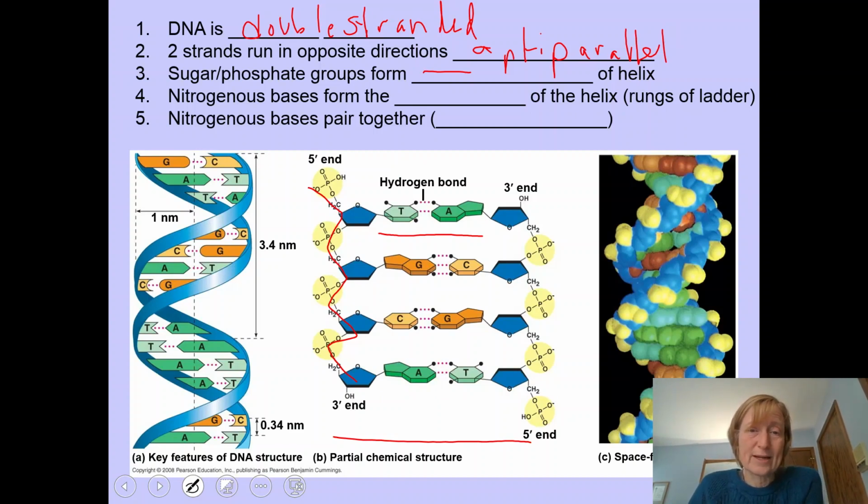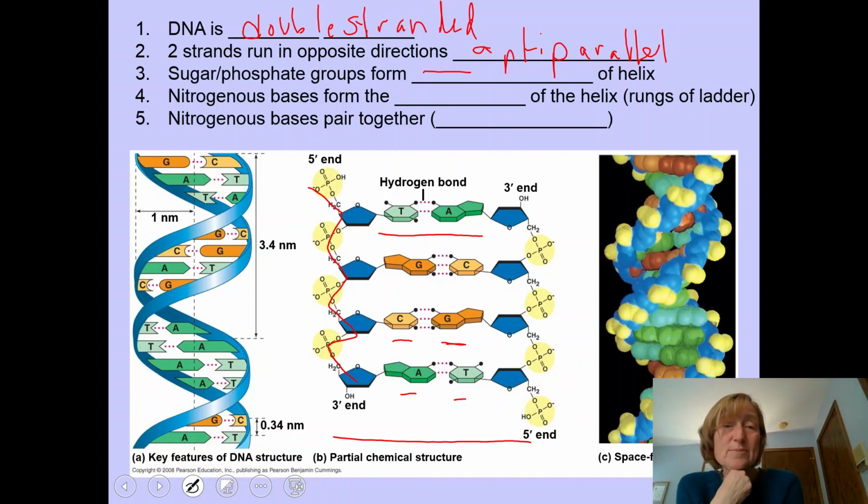They pair together, and this is going back to Chargaff's rule. It now makes sense. Adenine and thymine always meet up, and hydrogen bonds form between them. So adenine is hydrogen bonded to the thymine of two adjacent nucleotides. And cytosine and guanine always pair up. This time they form three hydrogen bonds between them, if you can see that. But C and G always pair together. So nitrogenous bases pair together, and we call this